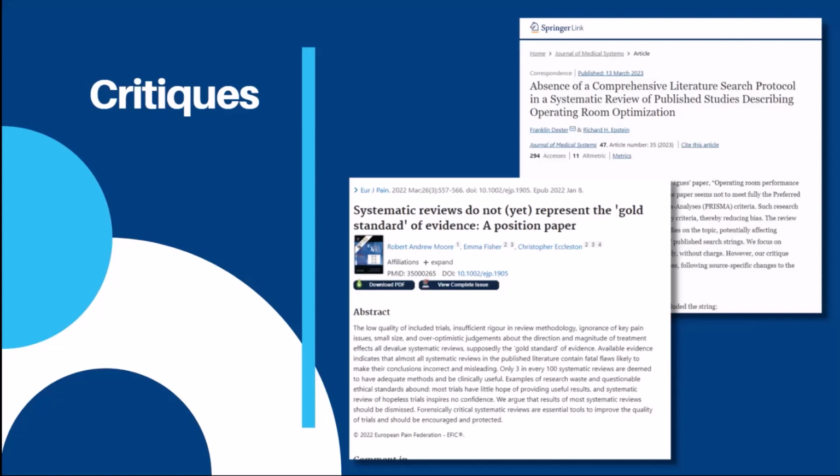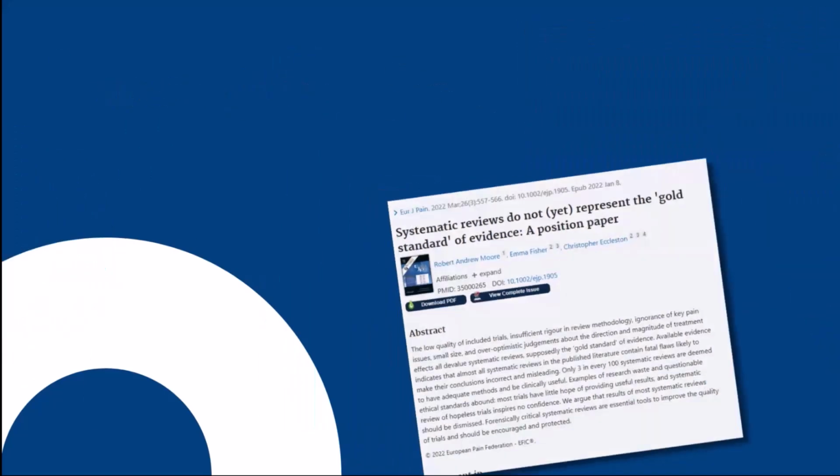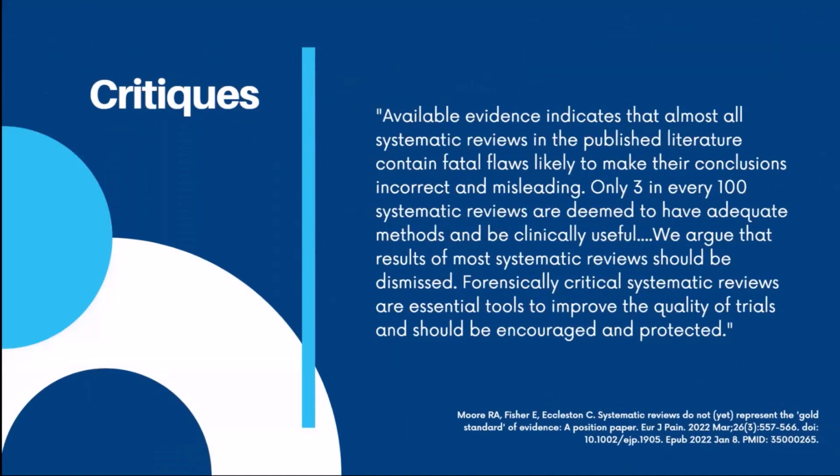And that also means that there's a deluge of them and they're not being done properly. And a big part of that is because the data is not being tracked properly. In this very scathing critique in the European Journal of Pain, they found, and I will just go ahead and read this quote, available evidence indicates that almost all systematic reviews in the published literature contain fatal flaws likely to